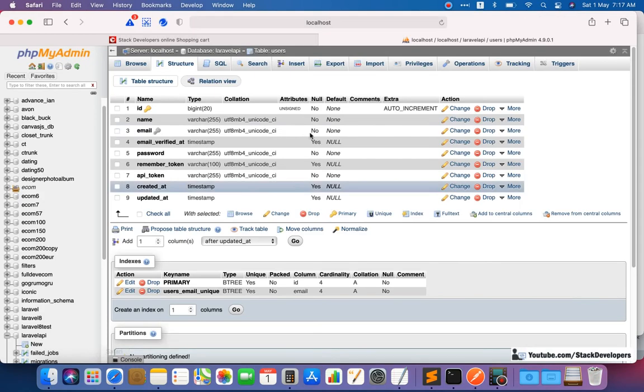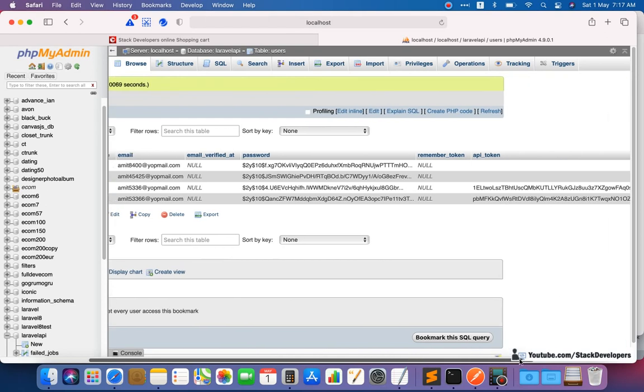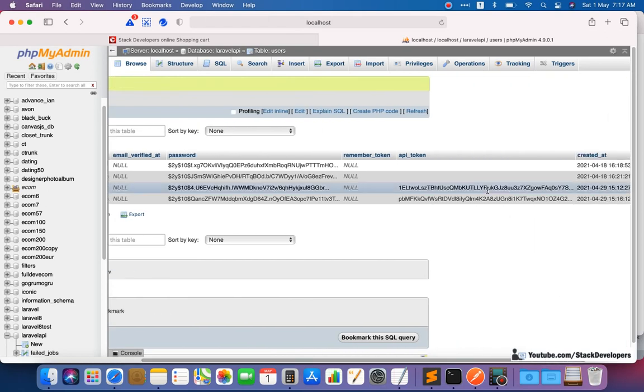Okay, so here you can see that we are registering the user in the users table. In the last video we were able to register the user in the users table along with the API token that can be used for further API calls like my account, profile, add to cart functionality, place order. Everything is based on this token.